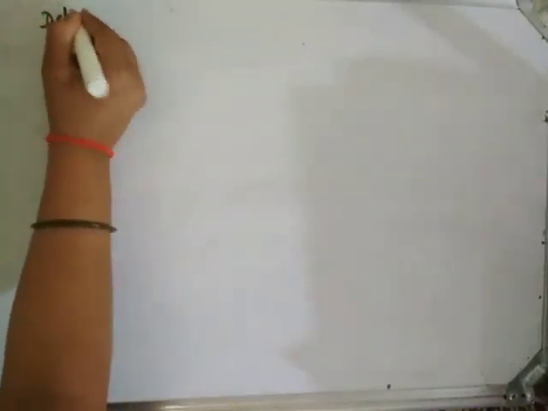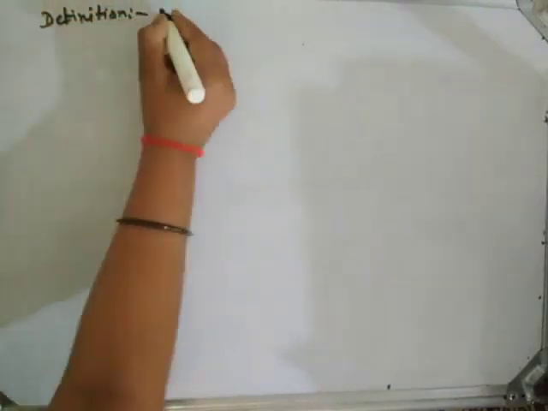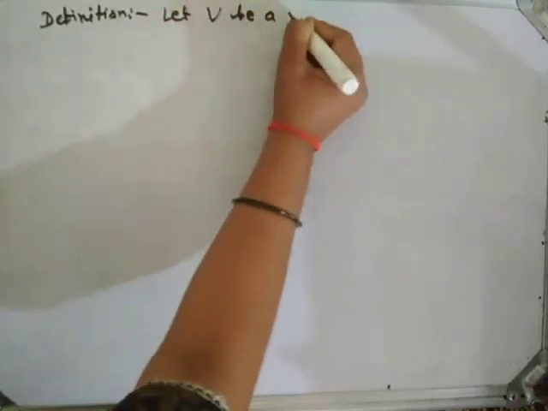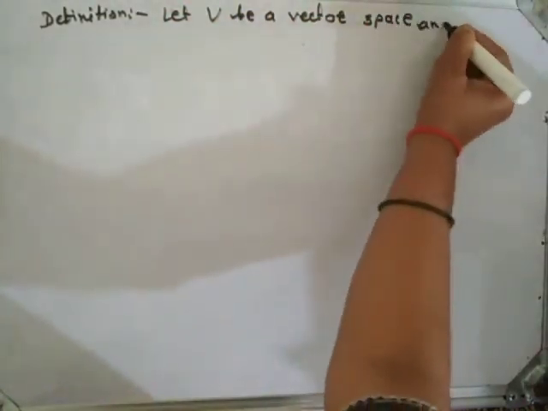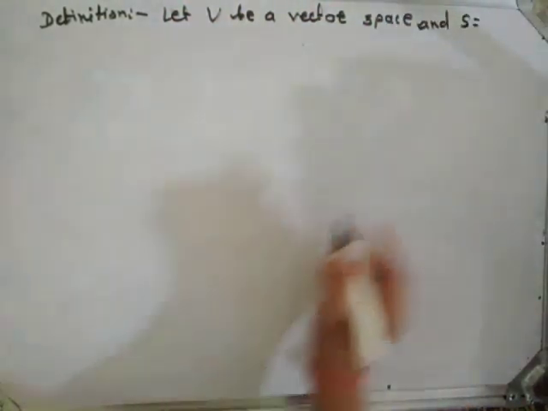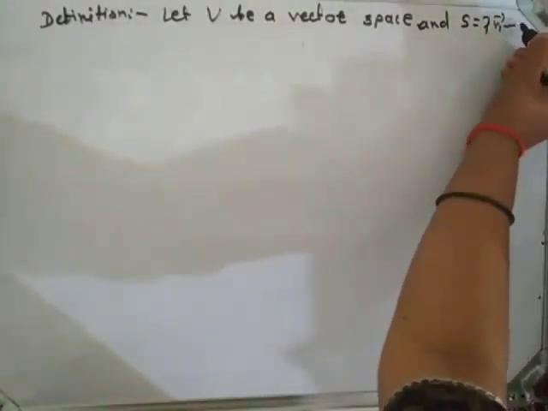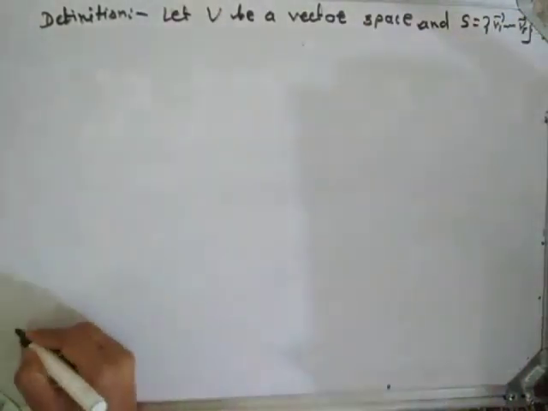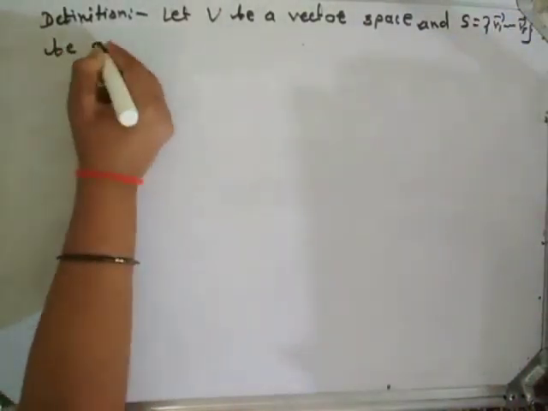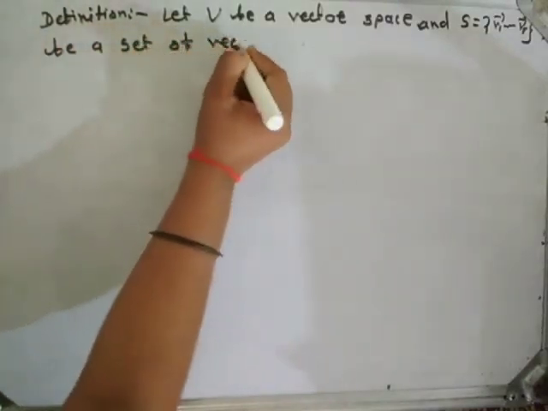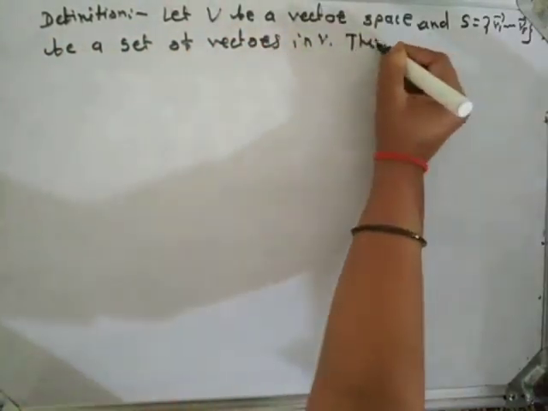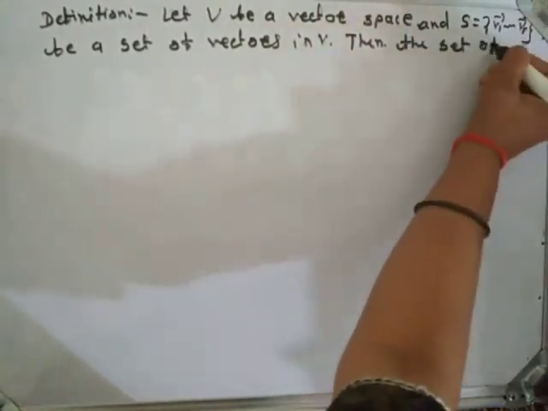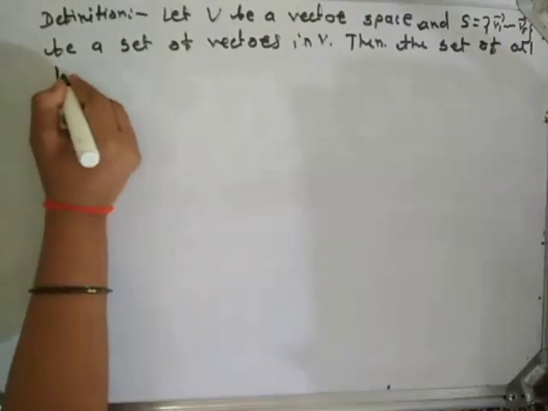Now we will see the definition of linear span. Definition: let V be a vector space and S equal to the set of vectors v1 bar and so on up to vr bar, be a set of vectors in V. Then the set of all linear combinations